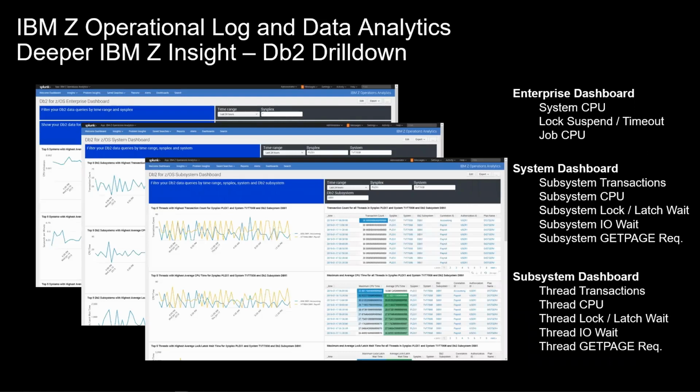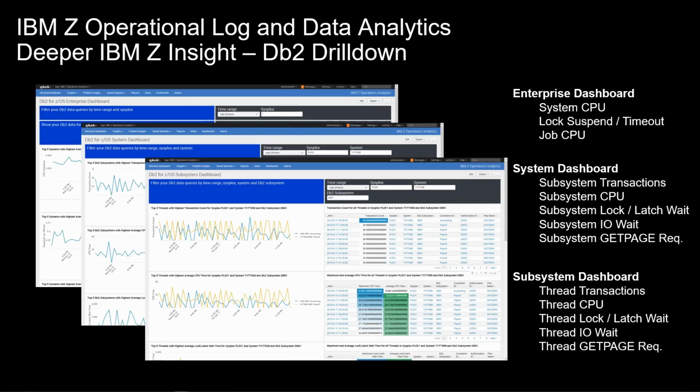So similarly for CICS, we have the same kind of thing for DB2. Again, looking at the enterprise level, the system CPU, and then drilling down into the system and subsystem dashboard all the way down and looking at the different thread transactions and CPUs and what our I/O waits are. And it's interesting when we can start to correlate this data across an entire hybrid application, that if we know